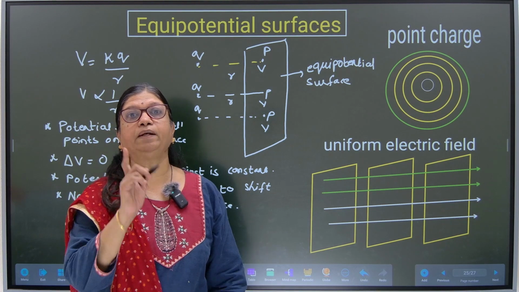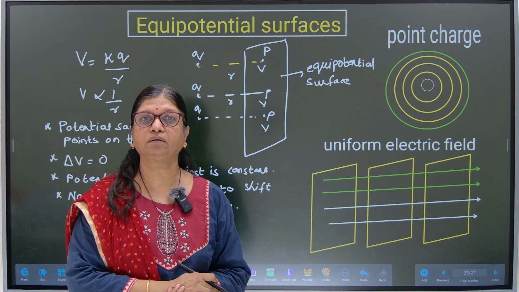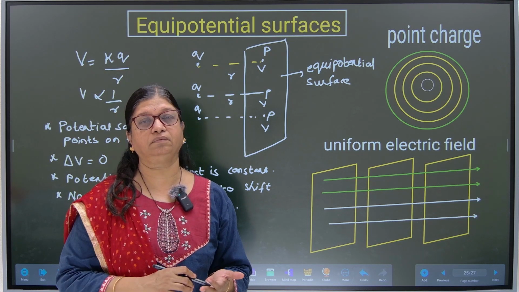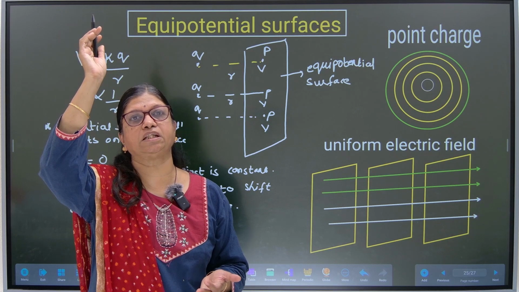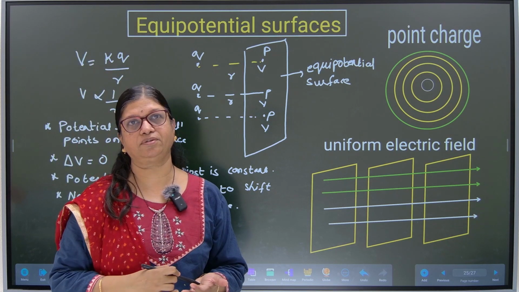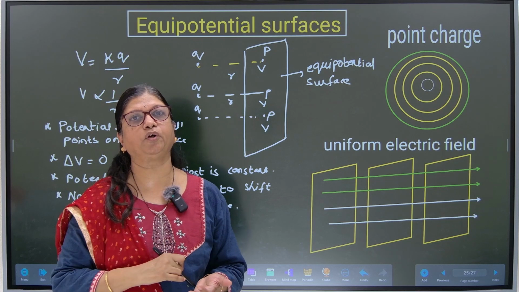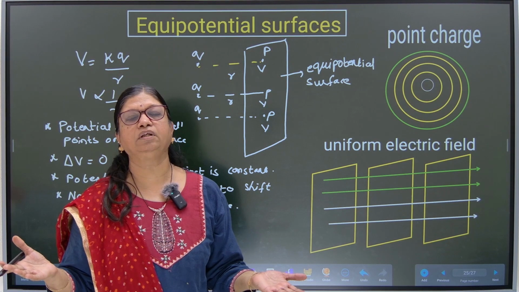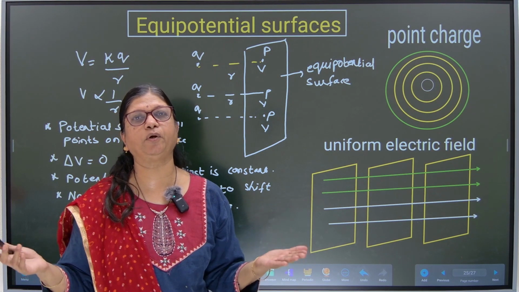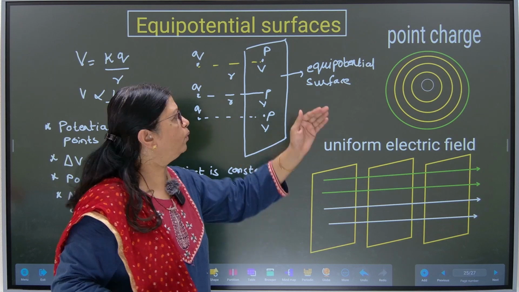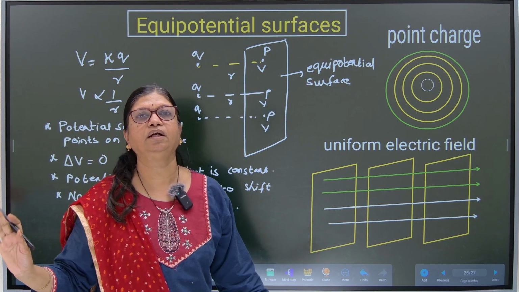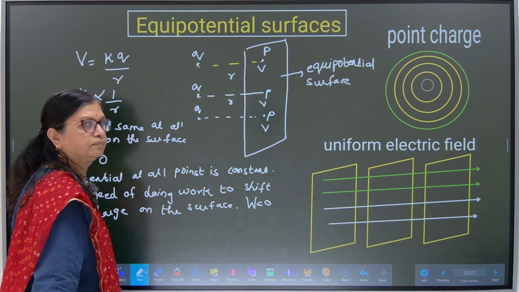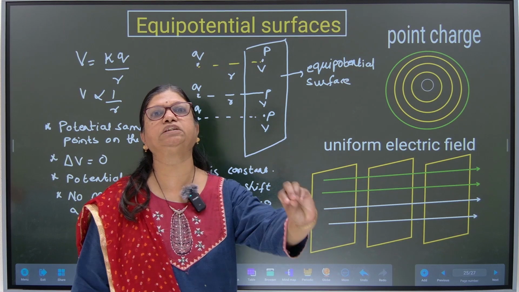Okay. One more point. Achha, why there is no need of any work? Because the potential is constant. And what is potential? Potential is the work done to bring a unit charge from infinity to that point. So, when potential itself is same, it means the work which we are doing is also same at all the points. That is, V is same at all the points. So, when I want to shift one charge from one point to another, I don't have to do any work. The work done, 0. Agreed? There is no need of doing any work for me because the potential is the same.